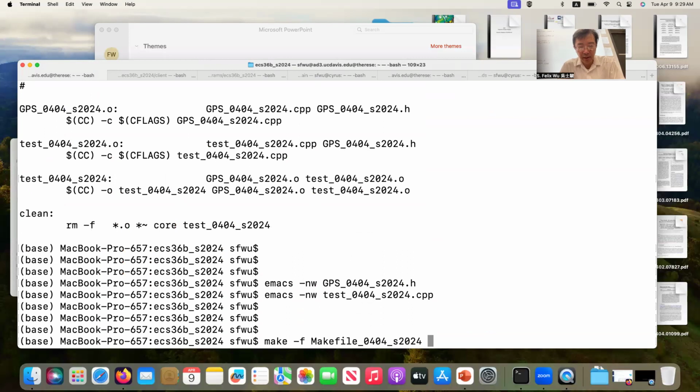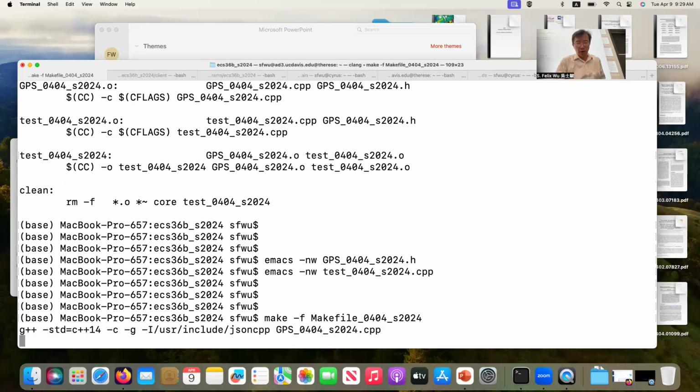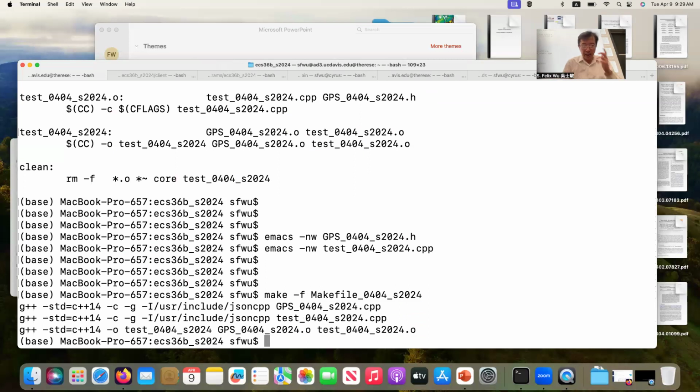Makefile. By the way, because I have two different makefiles, when I use make, I have to use the -f flag. So it will compile using this makefile instead of the general makefile. Okay, that's just to let you know. So I'm going to compile the program, and now I have this